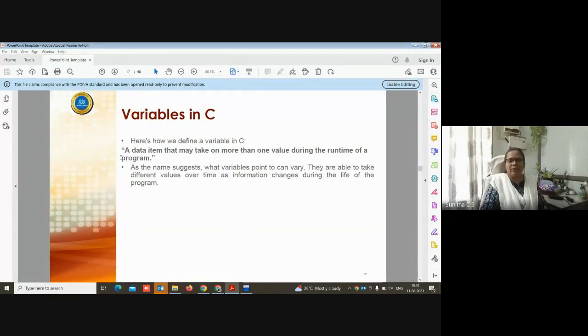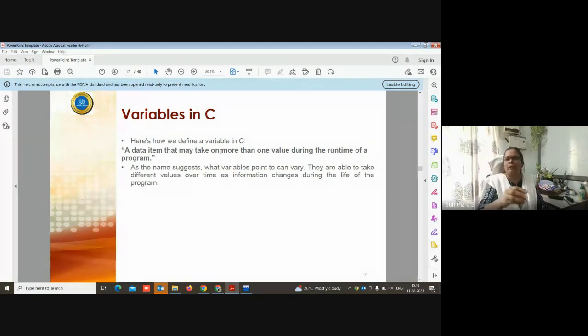A variable is a data item that may take one or more values during the runtime of a program. Runtime means during the execution of the program. At a time there will be only one value in a single variable, but it can keep on changing.